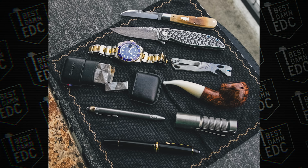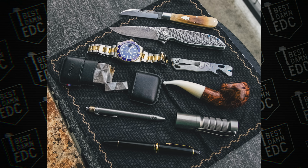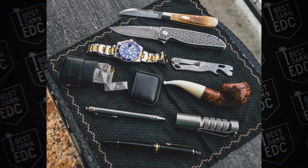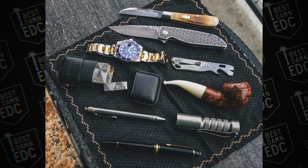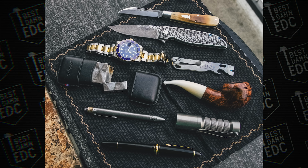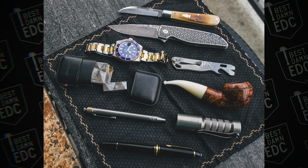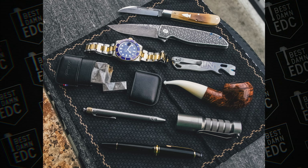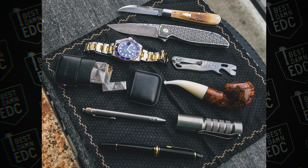First up in the top of the photo is his slip joint of choice. That's the Northwoods Signal Jack in Mammoth. He also has underneath that a Grimsmo Rask Snowflakes Bifrost Damascus. That's quite a knife. Underneath that is also his Rolex. That is a Submariner, reference number 116613LB. He also has a Lynch Northwest All Access Pass with the Fade Anno, as well as a Saint Dupont,